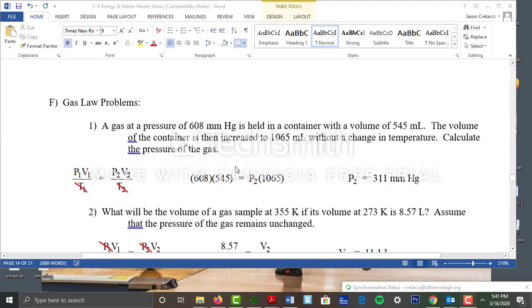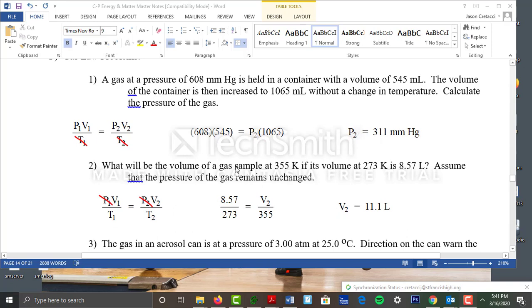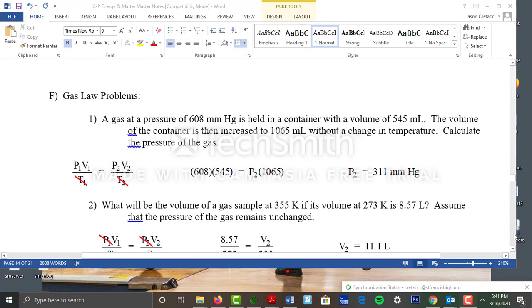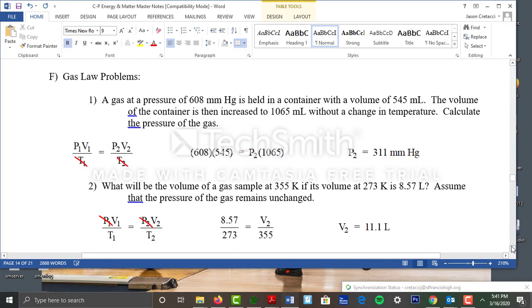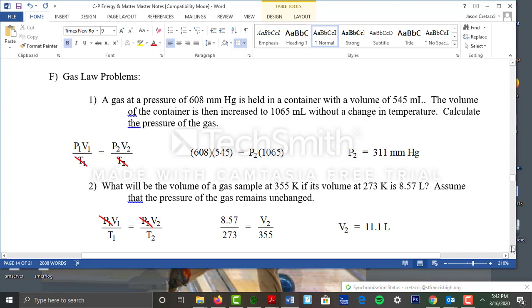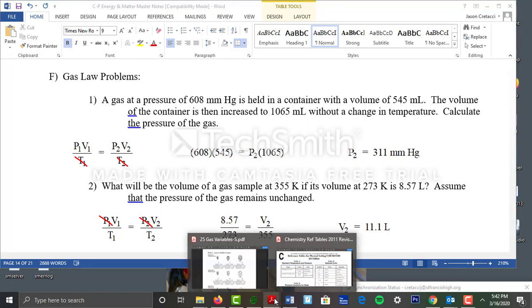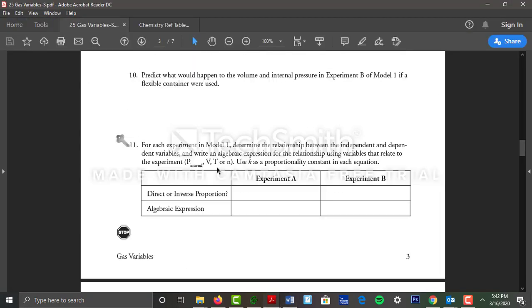Hey guys, before we wrap up the unit on gases, I want to go over one last topic related to what we were talking about in class last time we were together, and that's the concept of ideal versus non-ideal gases. Just to reflect on what we were doing last time in class,